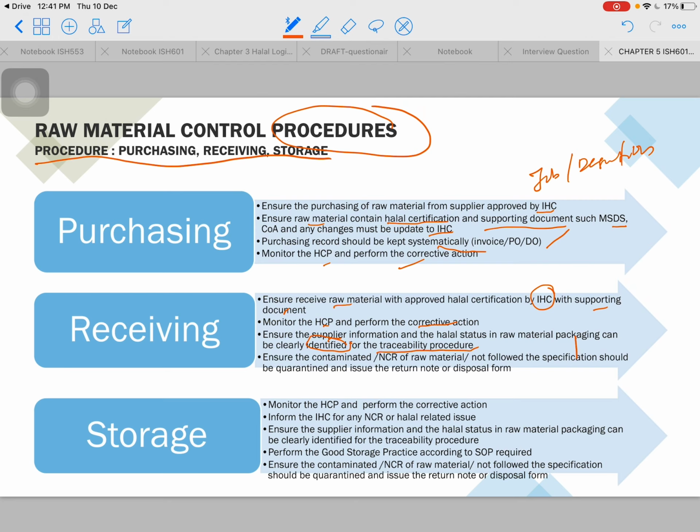procedure. Ini penting. Kalau kita go back to the current issue, which is the cartel yang fake logo or fake meat, fake halal meat. So what happened? This is not clearly stated, I can see here. Ensure the supplier information and the halal status in raw material packaging can be clearly identified. Okay, ni mungkin ada. Sebab waktu dia cakap tu, dokumen halal pun di fake kan. Dan juga apa lagi? Sijil halal ataupun logo halal